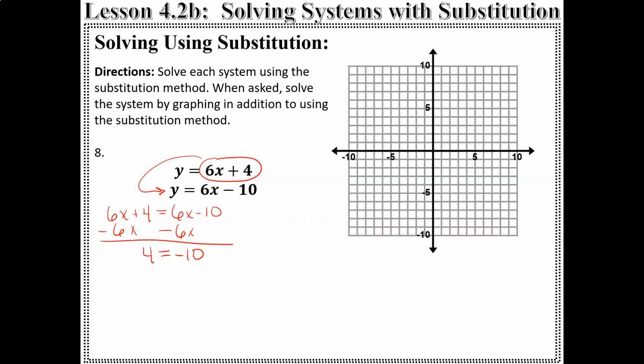And let's just quickly graph these to see what they would look like. That's the first one, and then here's the second one. Let me draw the line. We're going to have two parallel lines that never touch. Okay,